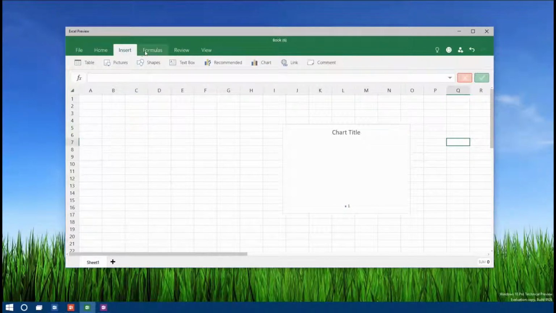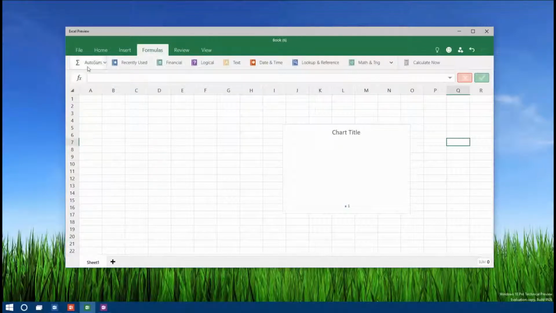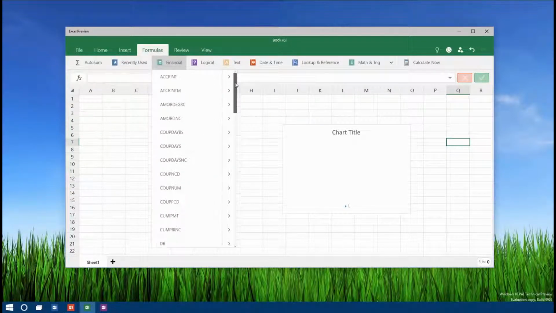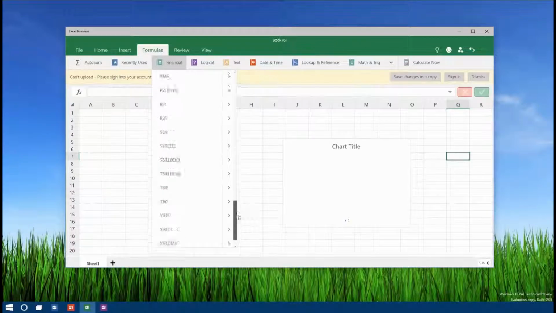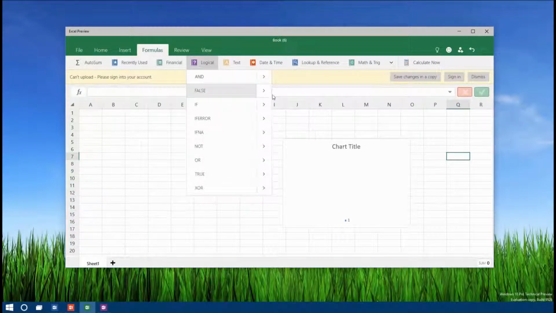Again, we've seen this before in other apps. Now the formulas, which is something Excel specializes in. You can add formulas and stuff, so you can do AutoSum, which I just showed. Recently used, which is what you recently used, obviously. Financial stuff, so you can add all of these magical things, which I have no idea what they do. Logical,